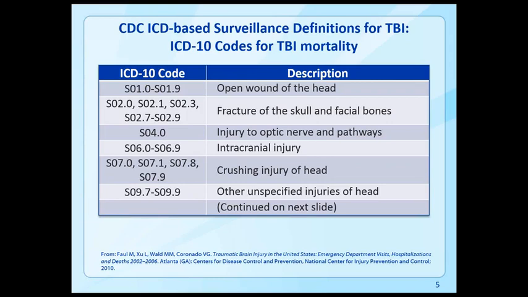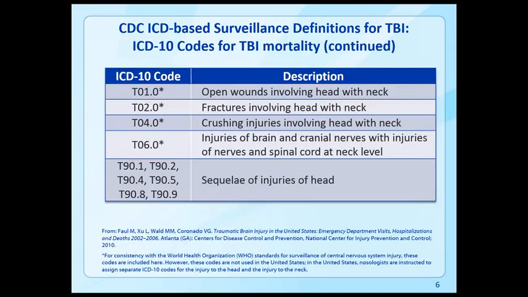So for example, sometimes on a death certificate, if it was a suicide and it might have been a gunshot wound to the head, there's not a lot of detail of all of the anatomic injuries, and it'll just say open wound. And so when you see that word open wound on a death certificate, it can have a different meaning and therefore might be more relevant to traumatic brain injury on a death certificate than it would be in a medical record. The next slide continues with the codes that are included in the TBI mortality definition.